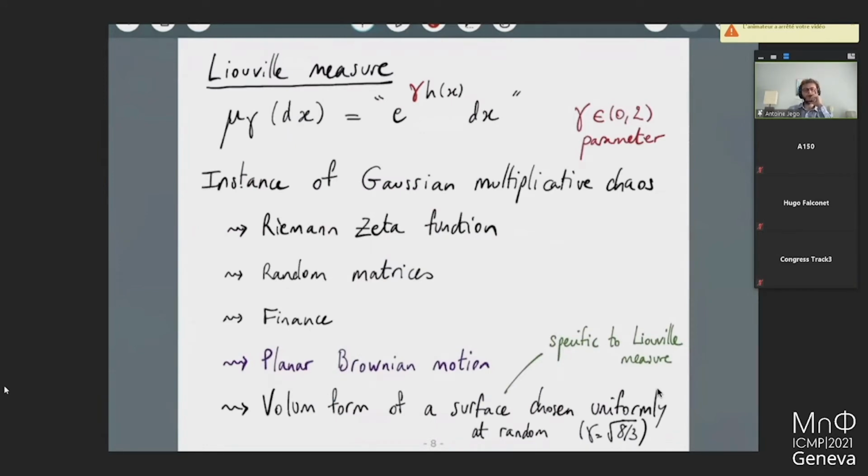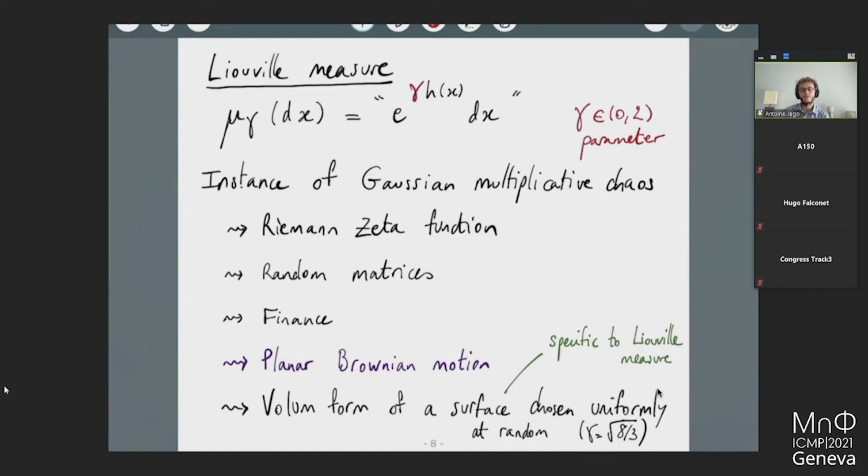And now I want to introduce the second main character of the story, which is the Liouville measure. Liouville measure is a random measure, which is formally defined as the exponential of gamma times the GFF. Here gamma is a parameter, which is between 0 and 2. Taking the exponential of a generalized function is a priori not a well-defined operation. But it turns out that we can make sense of this measure in this range of parameter. And this is a special instance of what's called Gaussian multiplicative chaos measures. And these measures,